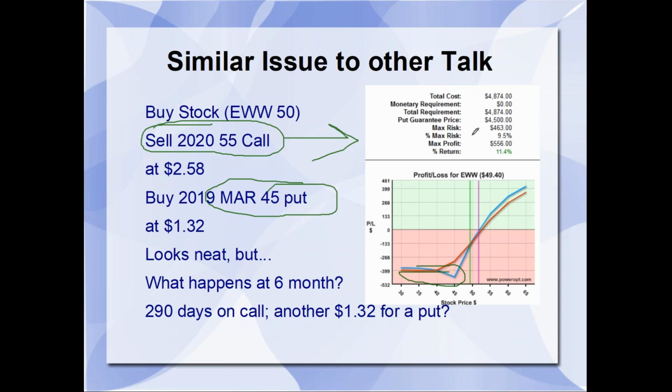Okay, it's actually a higher risk than opening the married put to begin with in all scenarios. And if you have to manage it by buying another put to stay in it longer to have the protection, you're going to cut the return and you're going to increase the maximum risk on the position. That's going the opposite direction of what you want to see. Okay? You want to be lowering the risk and increasing the return, not the other way around.